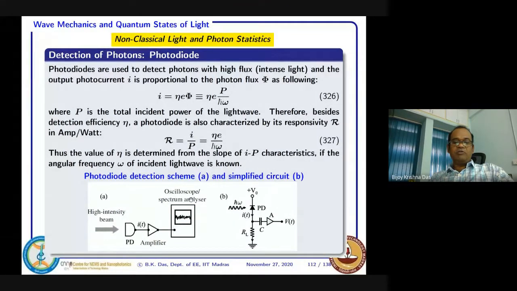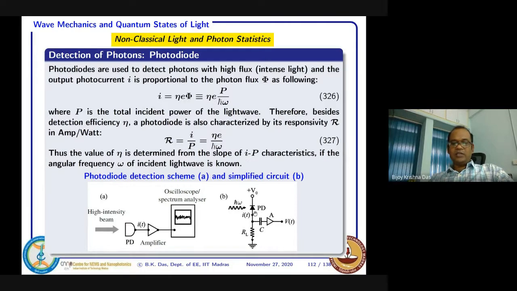And if you look at the output as a function of time, you can record it in an oscilloscope, or you can see what the output is. If it is frequency dependent, as a function of frequency, you can see it if you use a spectrum analyzer. And let's go a little bit inside, from the circuit point of view. This is just a block diagram.